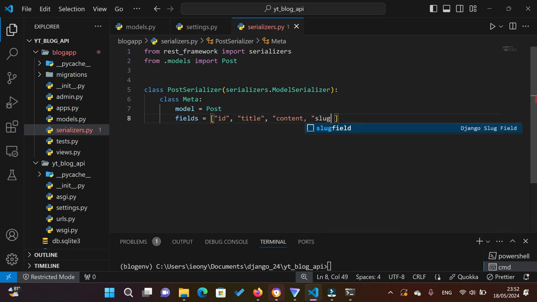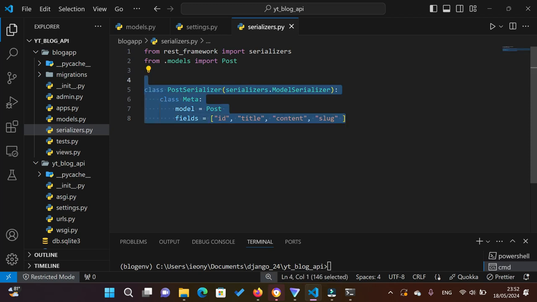Sorry, I think I made a mistake somewhere. ID, title, content. Oh, sorry, I didn't close this. And the slug. Yes, once we've done this, now we're going to create a ModelViewSet for